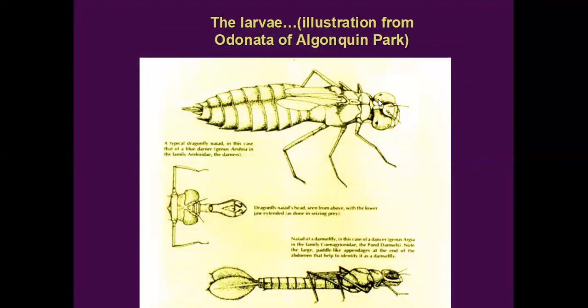Dragonflies and damselflies are aquatic for most of their life. And so their eggs are laid in the water or in a plant on the edge of the water. And when the little larvae hatch out, they're pretty well able to swim around using some pretty neat adaptations. So dragonfly larvae,